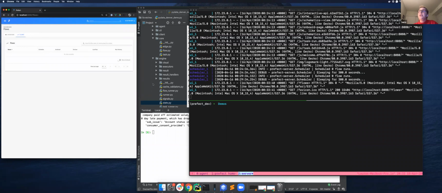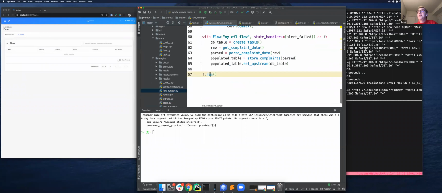That's step one. So, conveniently, it's not that hard of a step. Let's change this to register instead, right? So all that's happening down here, this register method is going to basically look at your config file, which, with that prefect backend server command we ran right before we started the server, changes it to look at the localhost GraphQL API. And then it's going to take this flow and register it at that core server instance. So if I press play now,